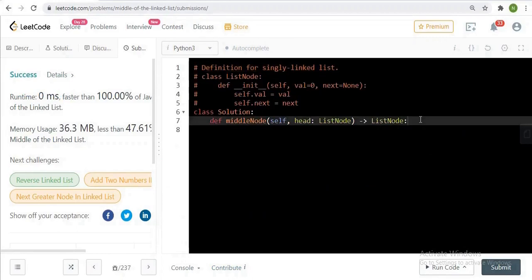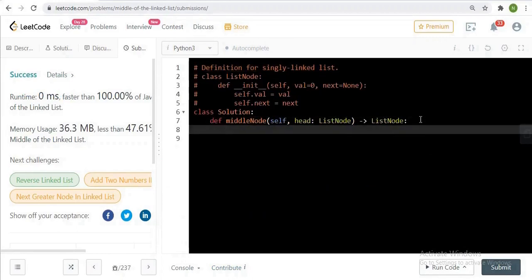On a similar approach, first we have to declare the 2 pointers and initialize them with the head, and then create the while loop till first is not equal to null and first.next is not equal to null.